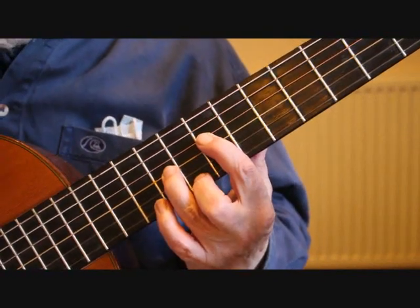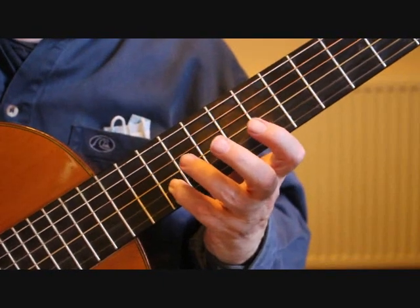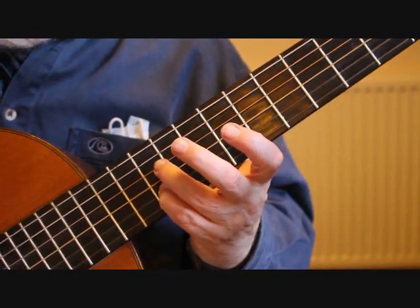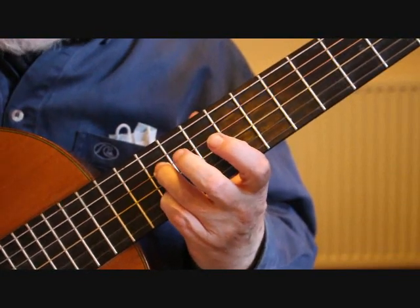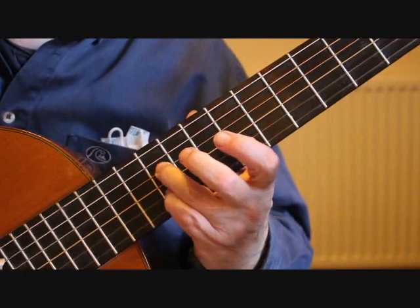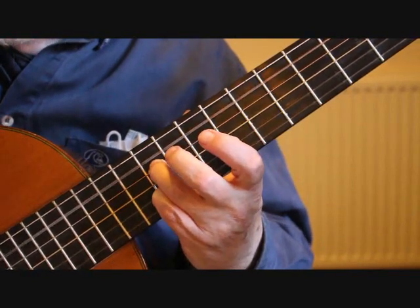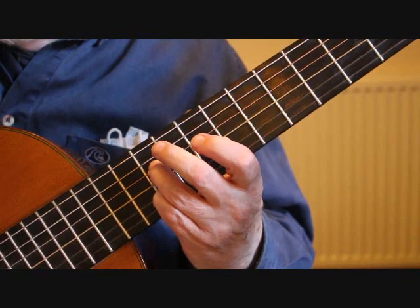The last chord of bar 23, we need to place the little finger on the 10th fret 2nd string, the 3rd finger on the 10th fret 4th string, and we're playing the 5th, the 4th, the 2nd and the open 1st string. So that's 5, 4, 2,